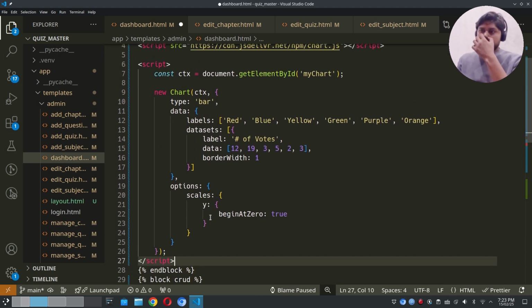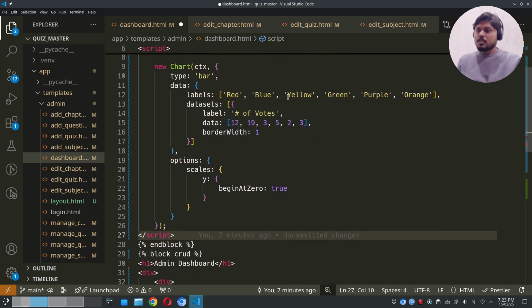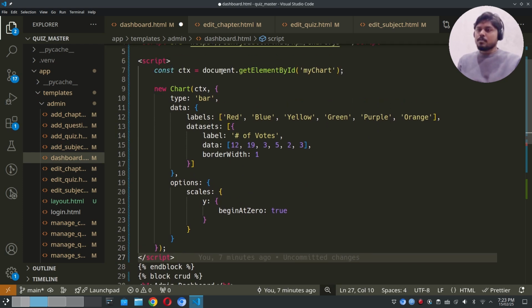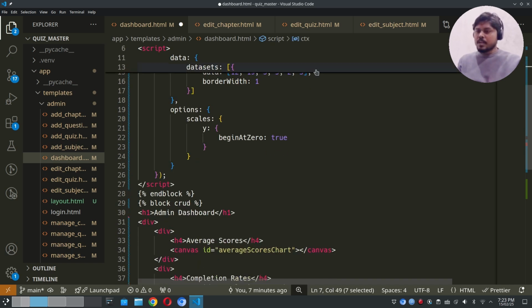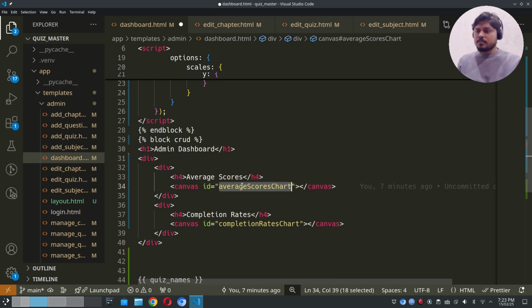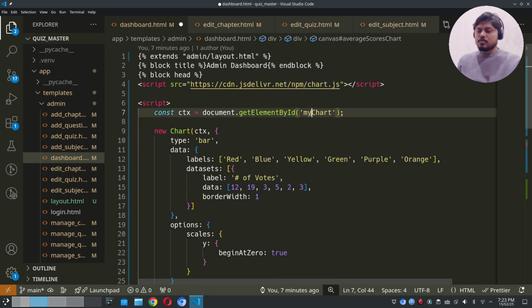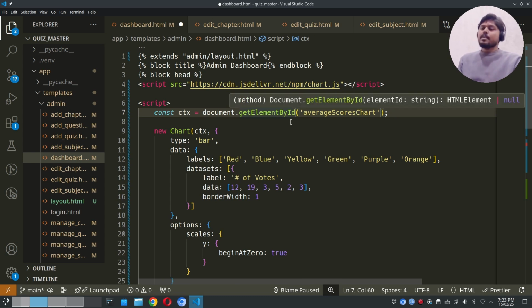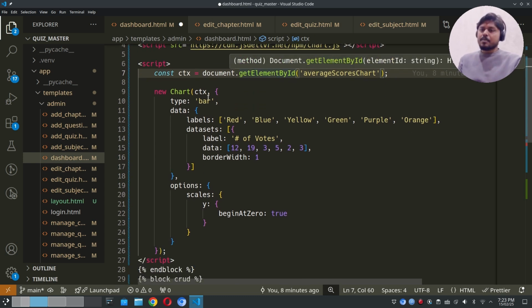So what it is doing, we have to run it 2 times, for the average scores and for the completion rate. So our ID is average scores chart. So it will get the element first, and when it will get the element, it will